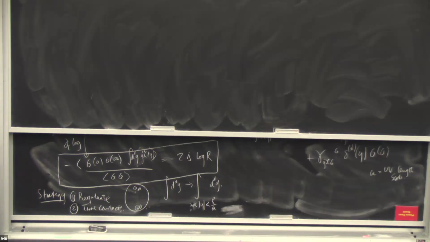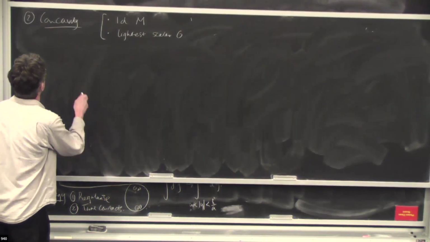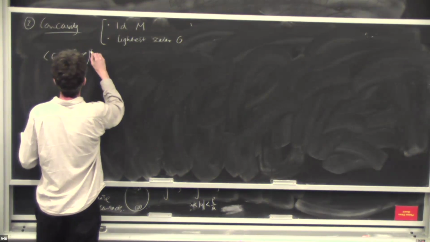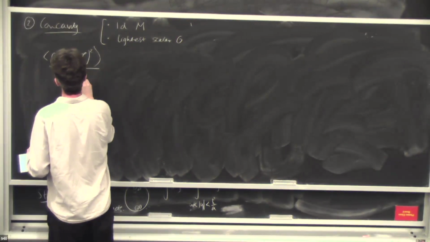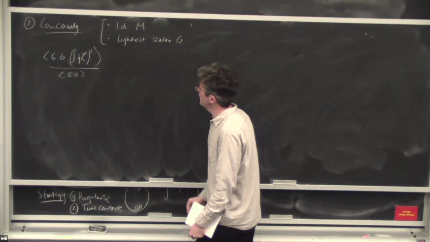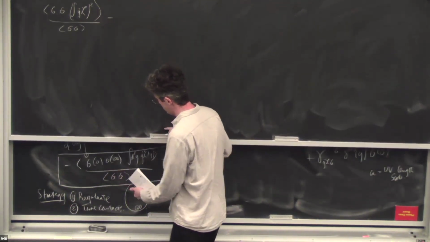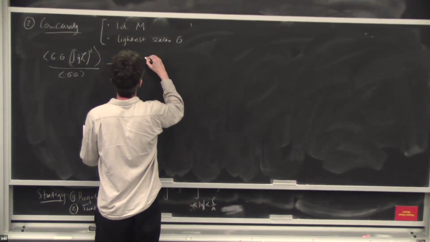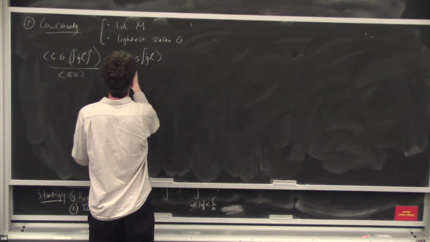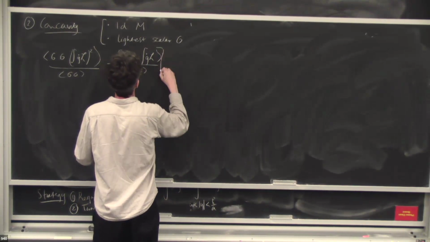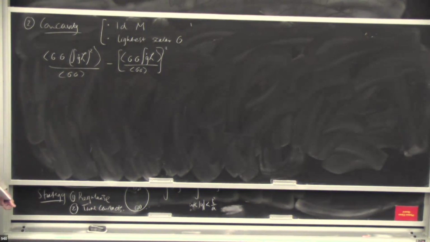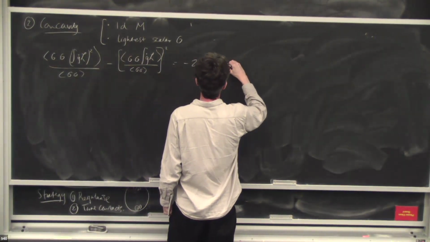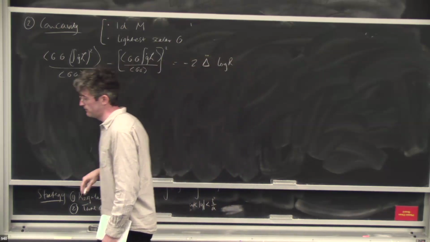Let's take another derivative. So now what I get is OO integral of G dot L squared divided by OO. And these are always at 0 and infinity. But I get another term where the derivative hits the 2-point function from downstairs. I get minus OO G dot integral G dot L over OO squared. That's what I get. And this equals minus 2 second derivative of delta log R. And this is the thing we want to prove is negative, right?